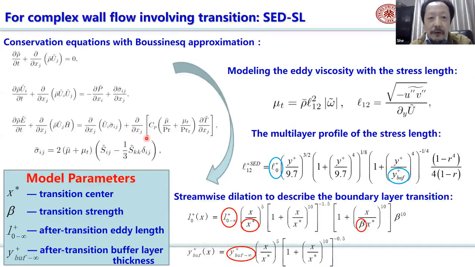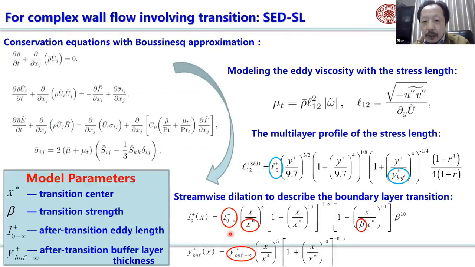And all we need to define is this mu t, the eddy viscosity. The eddy viscosity is now defined by the stress length squared, and the stress length takes the formula as you saw earlier. This is the normal 4-layer structure. And here the coefficient L0 and the Y buffer will have a streamwise variation and describe the transition from the